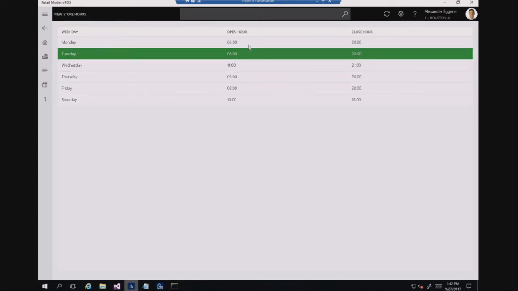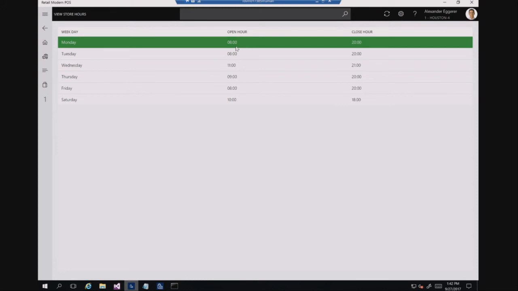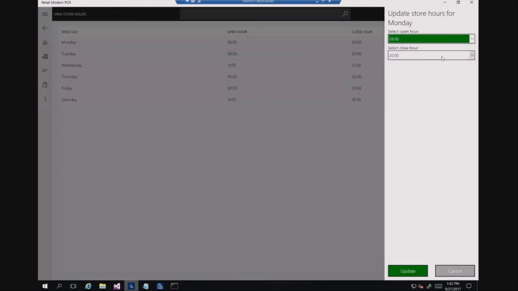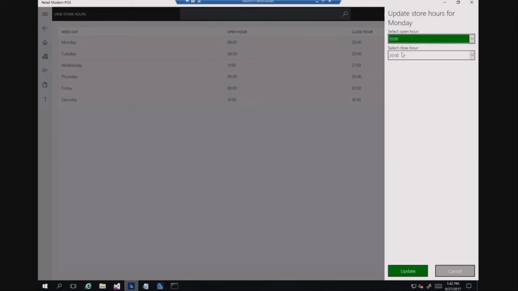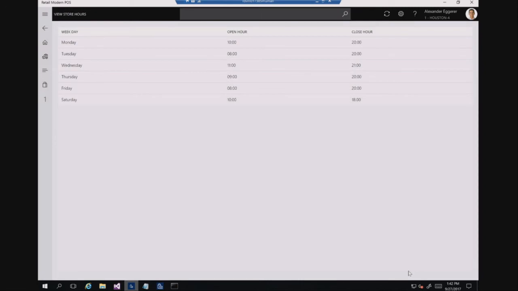The other thing I said is that in our sample, if you want to consume our dialog or show a templated dialog, I added a templated dialog here. If I click it, it will show me a template. This is a custom dialog you can create in your extension. So if I want to change the store opening hours and closing hours, I can click this, and then change my hours to something, and if I click update, it's going to update both locally in the channel database as well as in the HQ, so that if any other store views this information, they will also see the updated information.